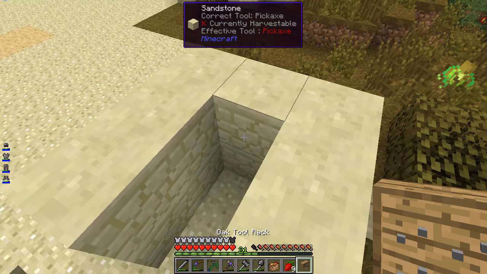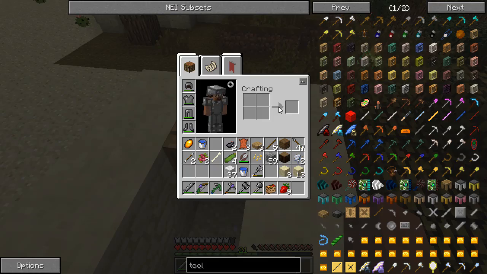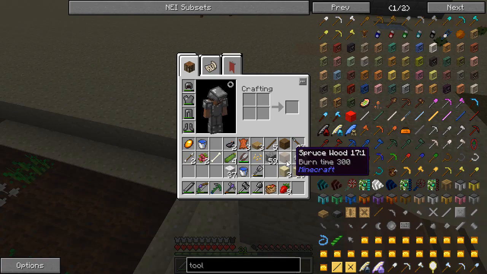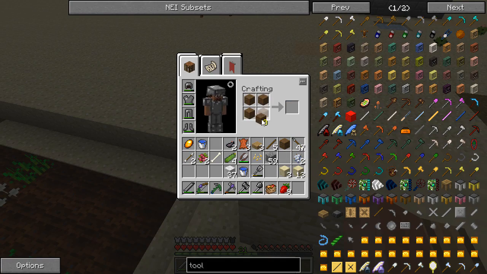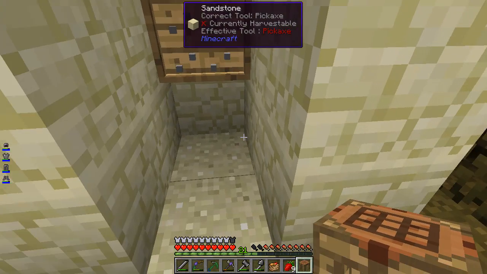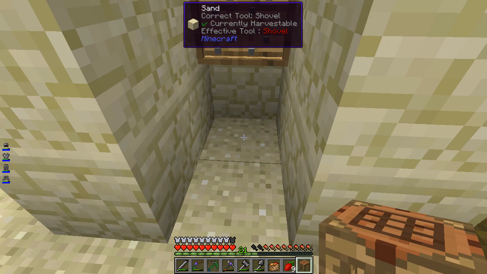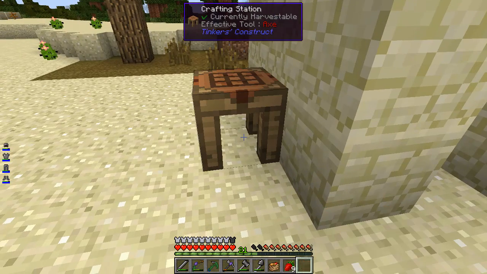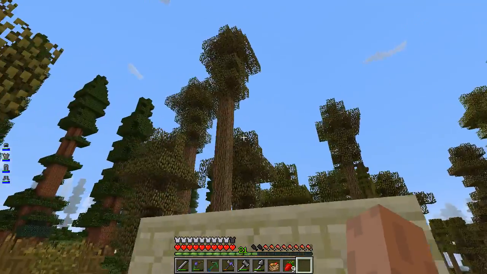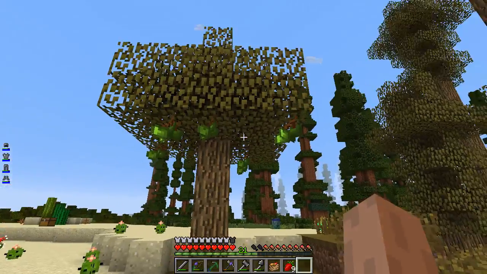We'll put the tool rack up here. And I want to have a crafting station here as well. Why not? Do I want to have that inside? No, let's have the crafting station outside. And I need... Do I want to chop...